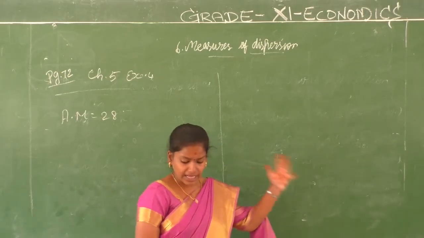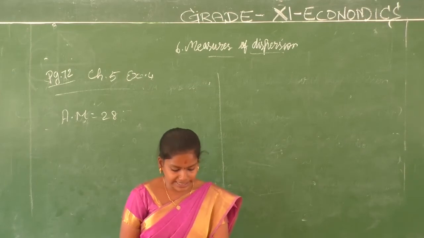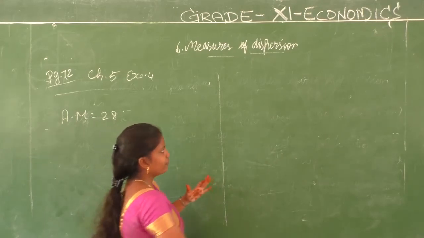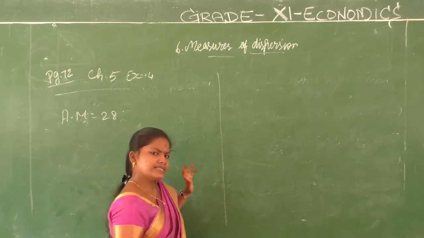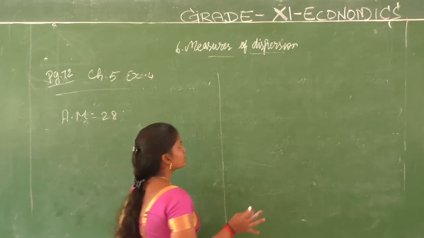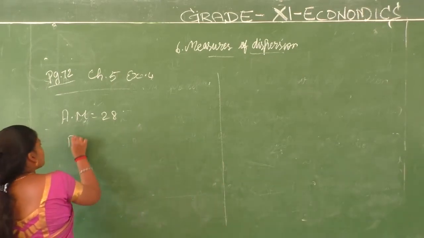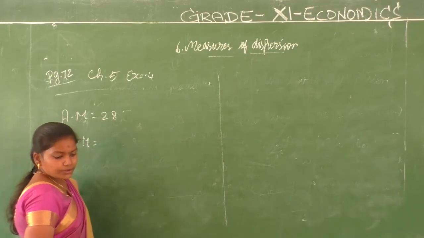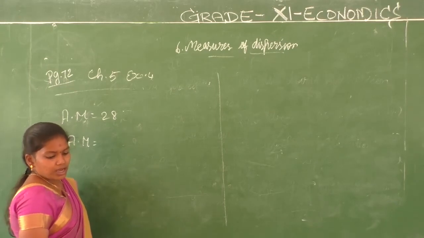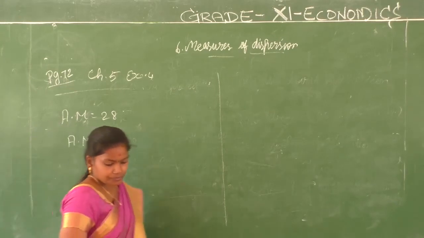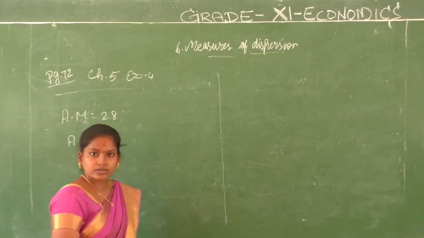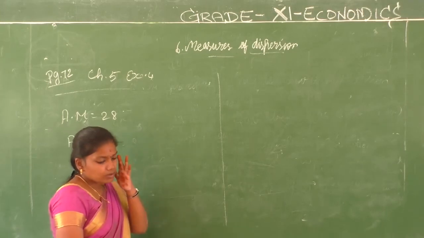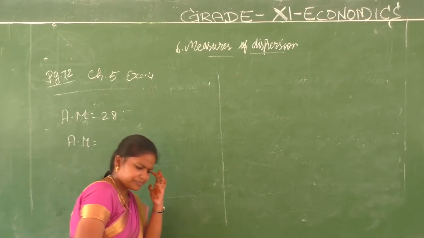So, what are the values that we have? Profit per retail shop and number of retail shops is what we have. So, we are going to have X and F. It is what series? Continuous or discrete? Continuous series. So, what is the arithmetic mean formula going to be for us? Whichever method we are going to use, which method shall we use? Since the values are not much, they are less only, you can use any method. We can go with sigma fm. Okay.